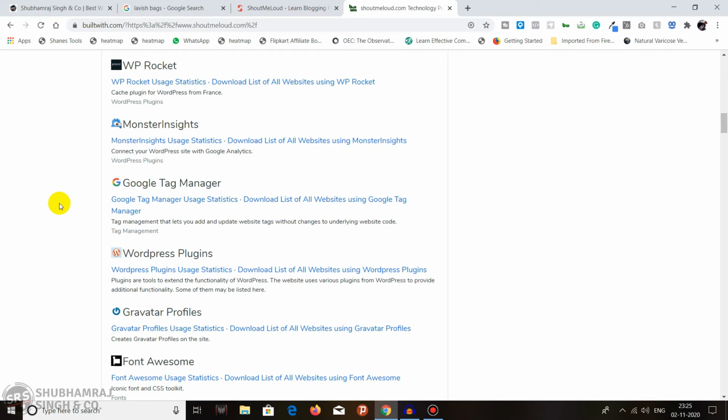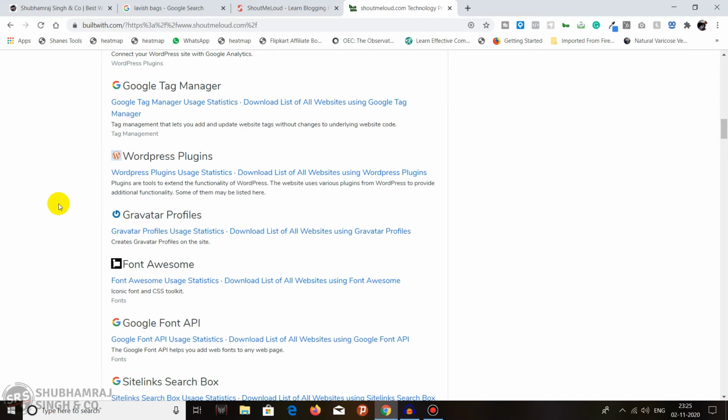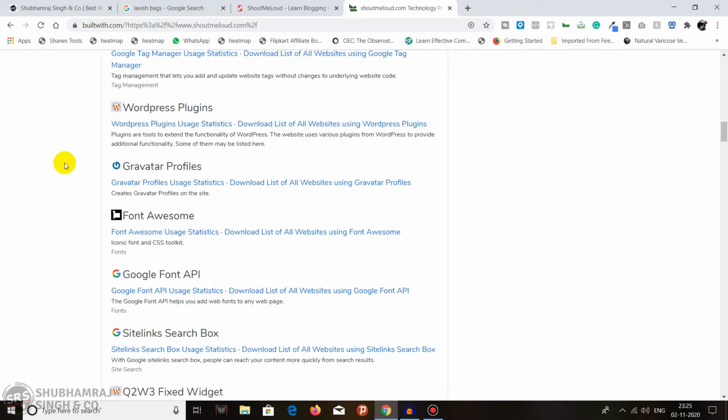So it's showing WordPress plugin. As I told you, there may be multiple plugins. It's showing that this website is using WordPress plugins because definitely it's a WordPress website.